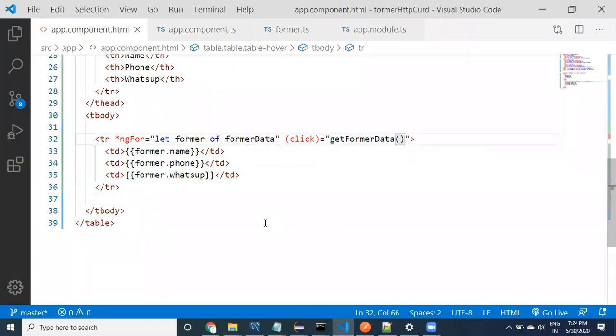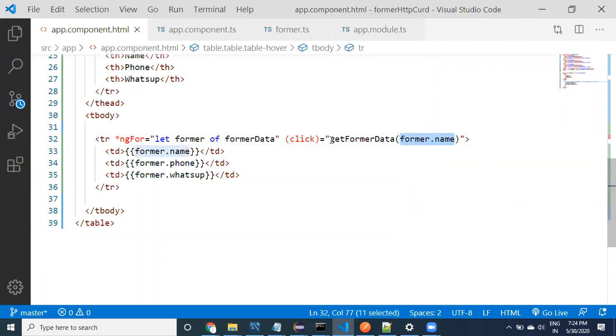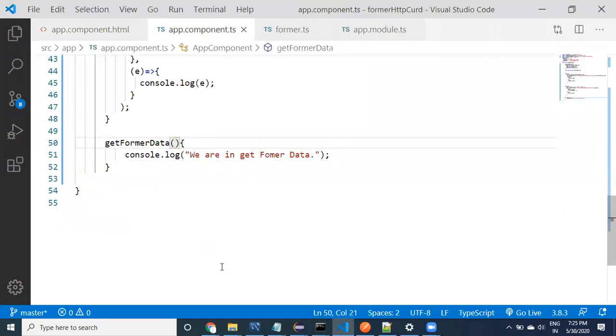What I can do is, when you are doing farmer.me, I'm going to provide a parameter, something like farmer dot. Farmer means this is the information we are printing, right? We can come here and go to farmer.name. See here guys, I'm passing this information along with this method, which means this is going to be the parameter. So whatever data we are passing here can be received. Here we can receive the data name.